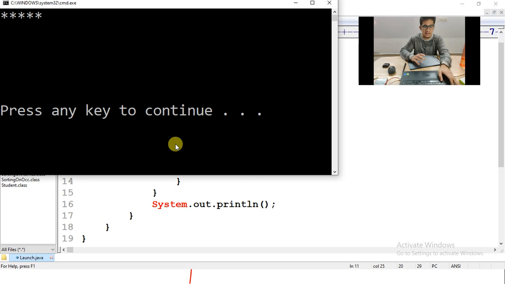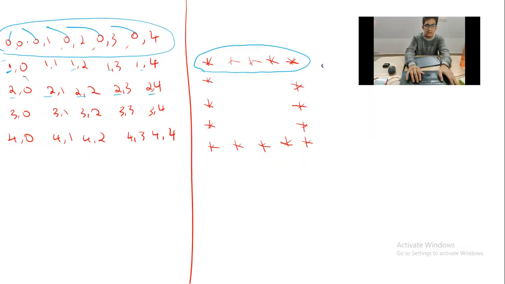Okay, that is fine, sir. Then I want to print stars here. What to do, sir? You see in that line, what is common? 0, 0, 0, 0, 0 is common everywhere. Is it the i value or the j value? The j value. I have to tell, wherever the j value is 0, print a star. Is there any other place where the j value is 0? No. Only in that place the j value is 0.